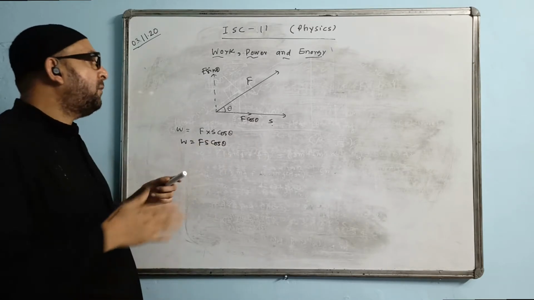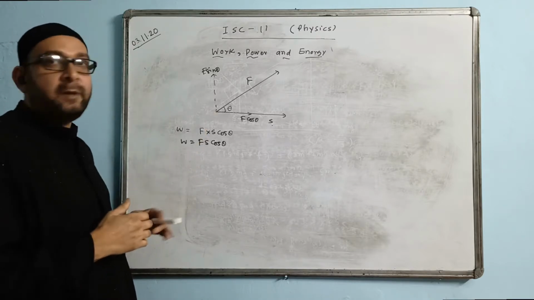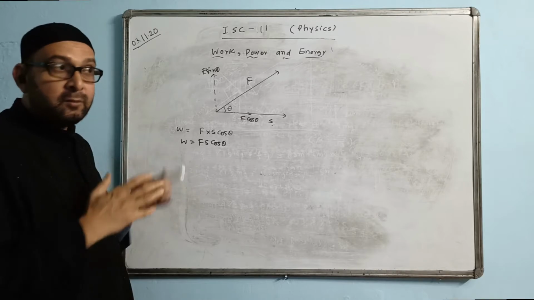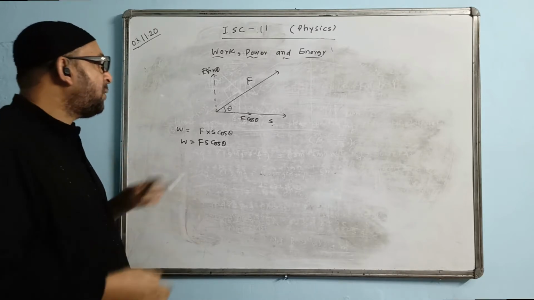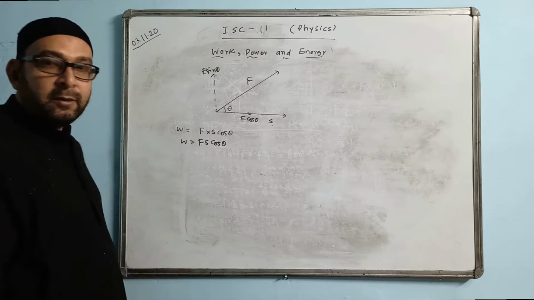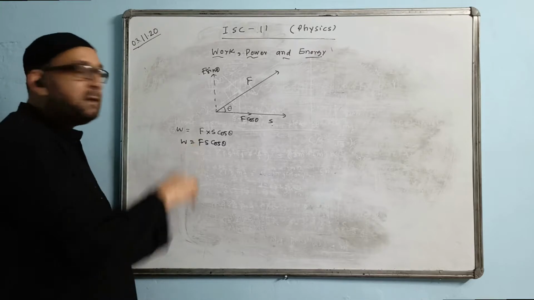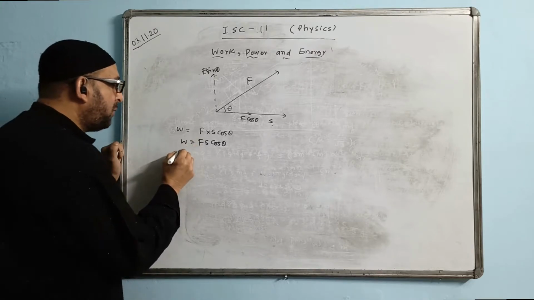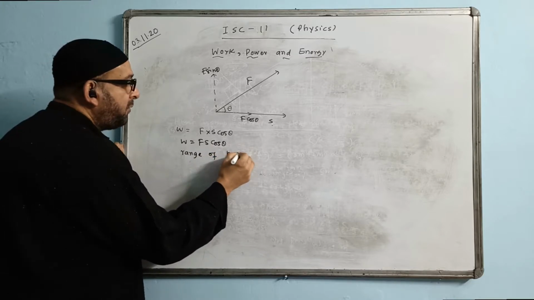So that is the reason in class 10 we did not use this method, breaking components method. We did not use. Now we have done it in the previous chapter. So now we are utilizing that concept and finding the formula of work. And after that, when work done is positive, when theta is in the range of positive work, you can write the range value, range of positive work.